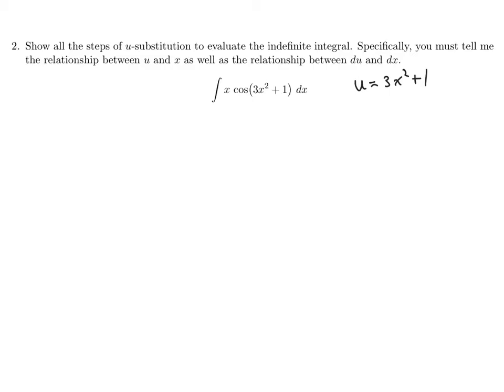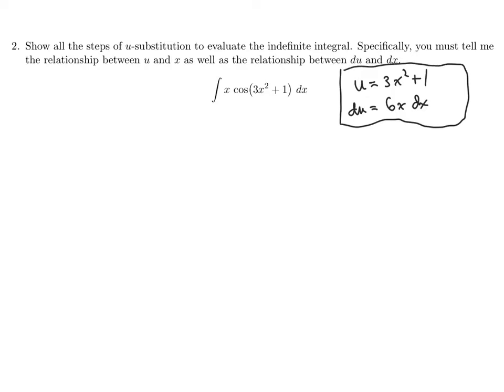So if u is 3x squared plus 1, then that means the relationship between the differential du, I'll go ahead and do that derivative. That one's not too bad. The derivative of 3x squared is just 6x. So that'll be the relationship: du is equal to 6x dx. So those are the two things that